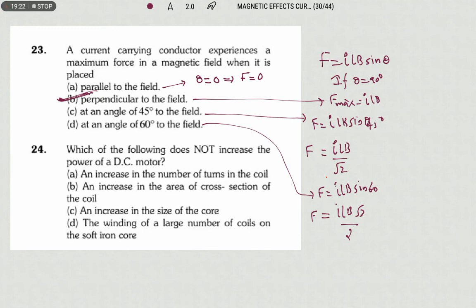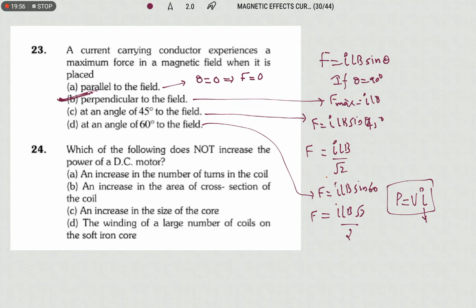Next, which of the following does not increase the power of an AC motor? So the power of an AC motor depends on, P is equal to VI. This is the formula for the power, already we know it. An increase in the number of turns automatically increases the power, because the number of turns increases, the magnetic field will increase, therefore the power will